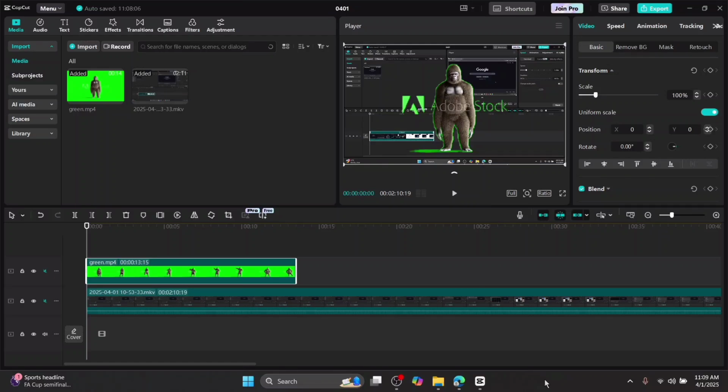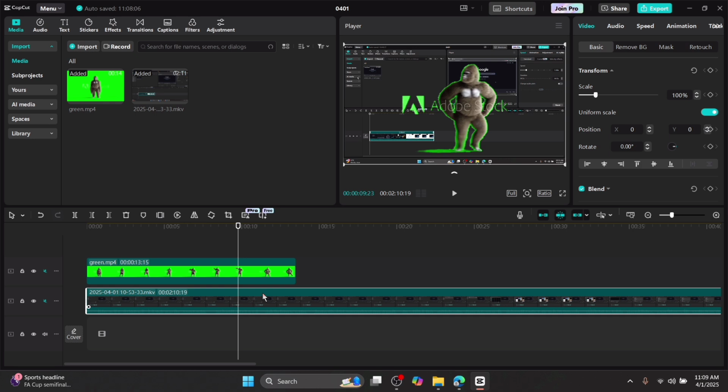How to add keyframe in CapCut. Open CapCut PC on your device and you can add in any videos. After you do so, what you need to do is just go ahead and select the video of your choice to add in the keyframe, and you can just go ahead and drag the video, and you can see the